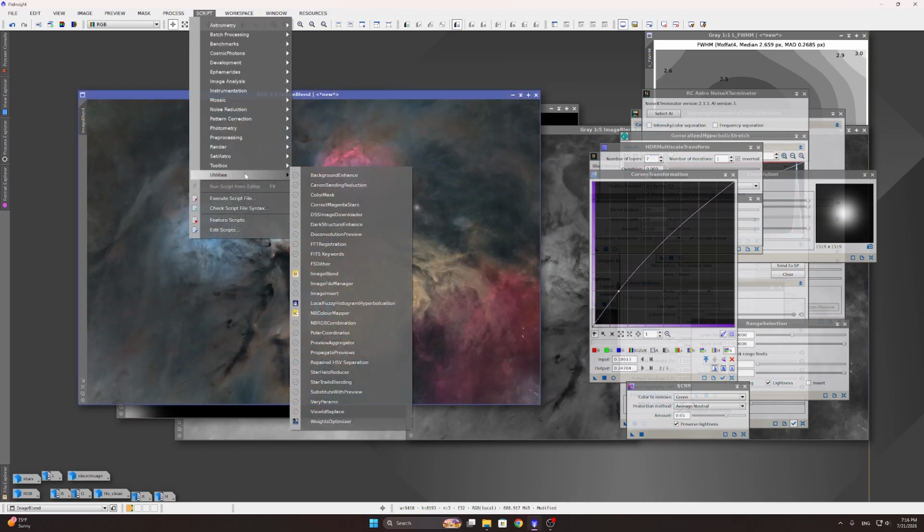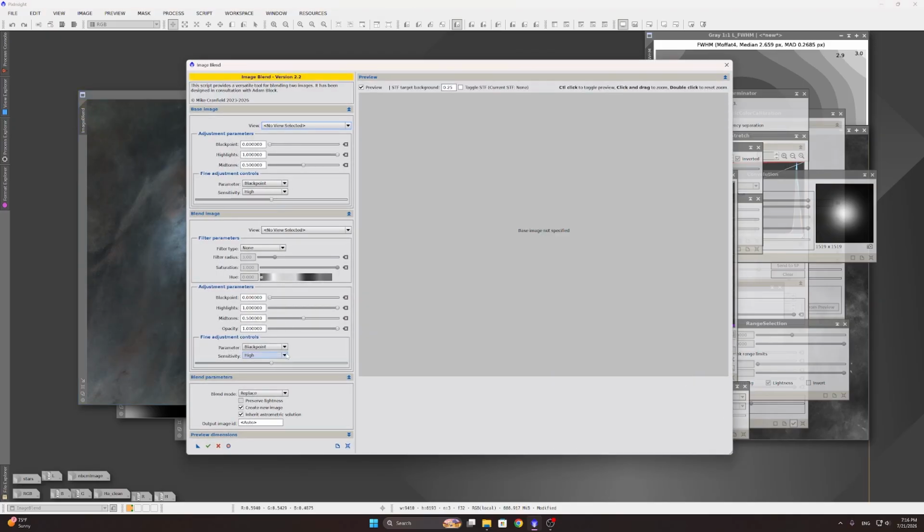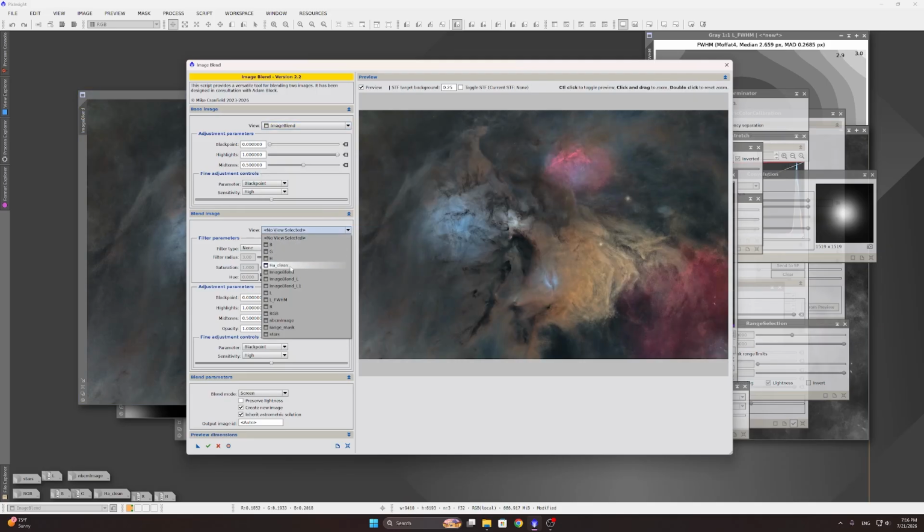So go to script utilities image blend, and we're going to be using blend mode screen, and select the image blend for the base image, and the MBCM image for the blend image. And of course, this is way too severe, so we're going to be increasing the black point of the HA image to about